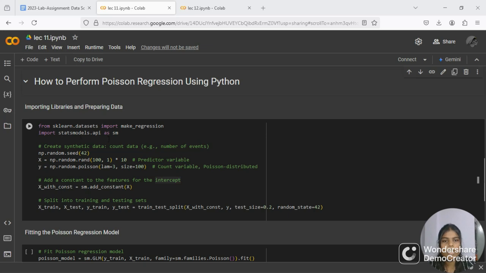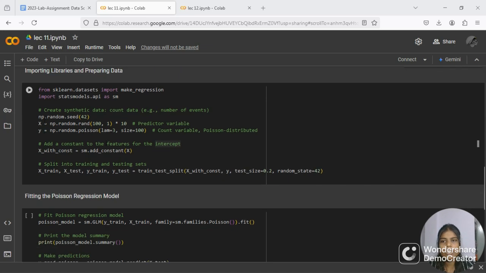Firstly, we are importing the statsmodels library, which provides statistical modeling tools, and then we set the seed for reproducibility. X equal to np.random.rand creates a predictor variable X with 100 samples and one feature, randomly generated between 0 and 10, and y equal to np.random.poisson with lam equal to 3 and size equal to 100 creates a count variable y with 100 samples following a Poisson distribution with a mean of 3.